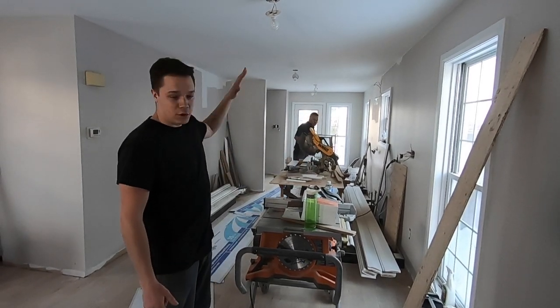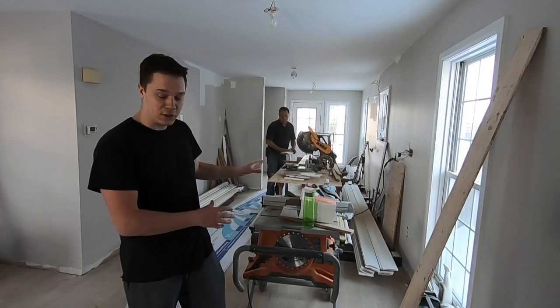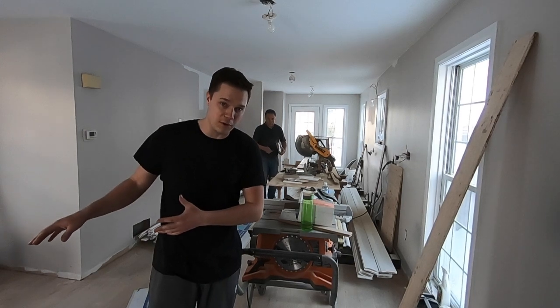Now, we're going to start to work our way downstairs, but the main floor for the most part is complete aside from the kitchen. If you do want to see how we do finish the rest of the house and also the finished product,